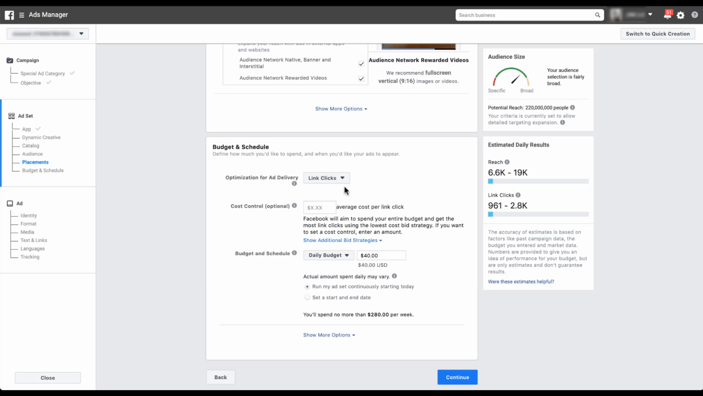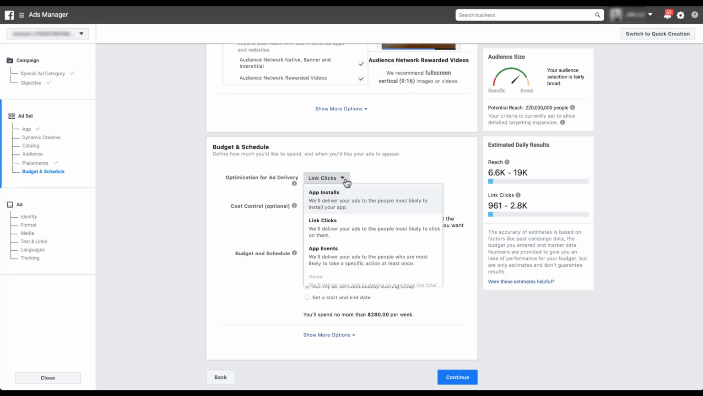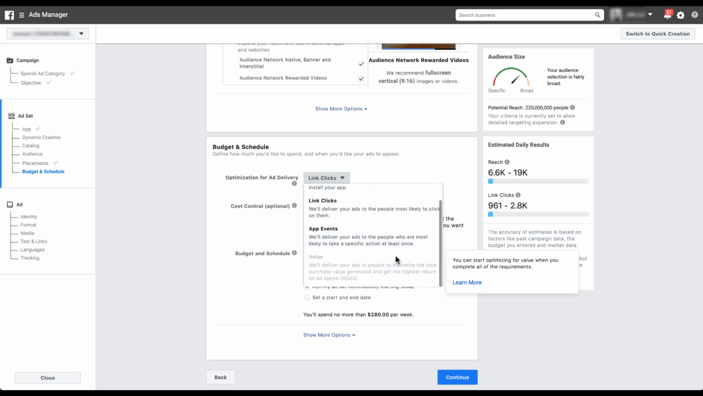Ad delivery optimization is the first piece here. Right now it's defaulting to link clicks, but I would highly suggest that you choose a different option as we talked about earlier. I don't love link clicks because there are some pitfalls there, but you can optimize for app installs, again, link clicks, app events, or value. This account doesn't actually have an app tied to it, but the different actions here are